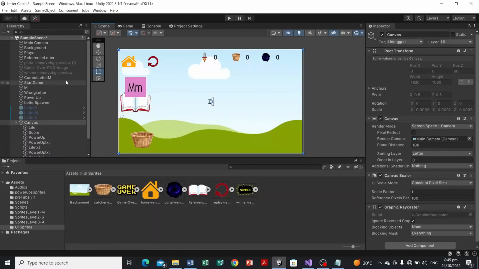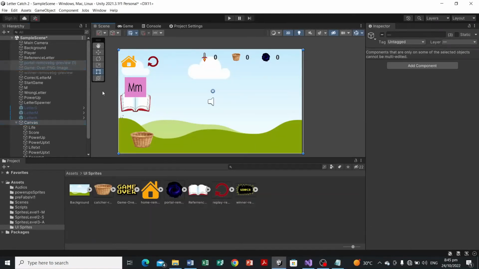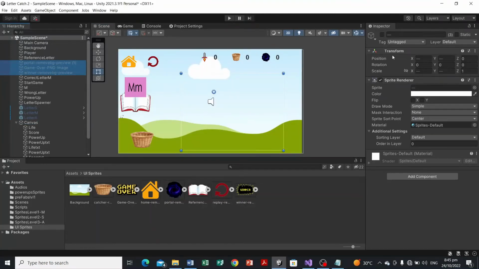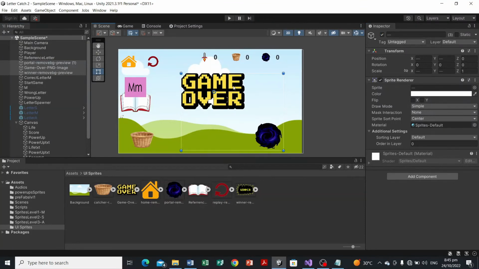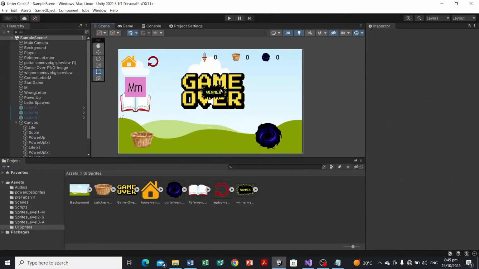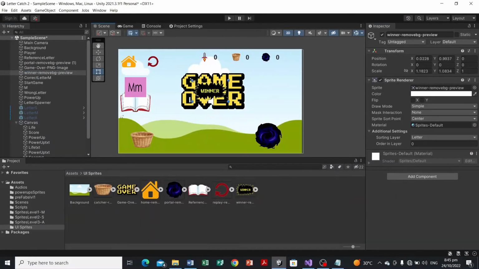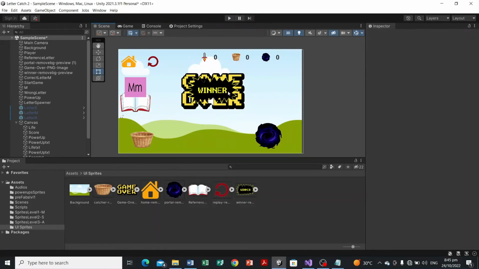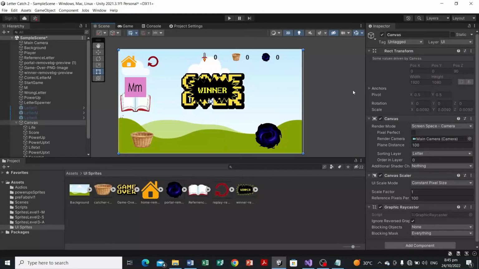And next, since we have already included it in the hierarchy in the earlier videos, we're just gonna have to enable it. There you have it, this game over. We also have the portal and the winner. Let's make this larger. Yep, this is too small. Well, anyway, we're not gonna make these sprites appear at the start of the game. Instead, we're gonna make a script for it wherein